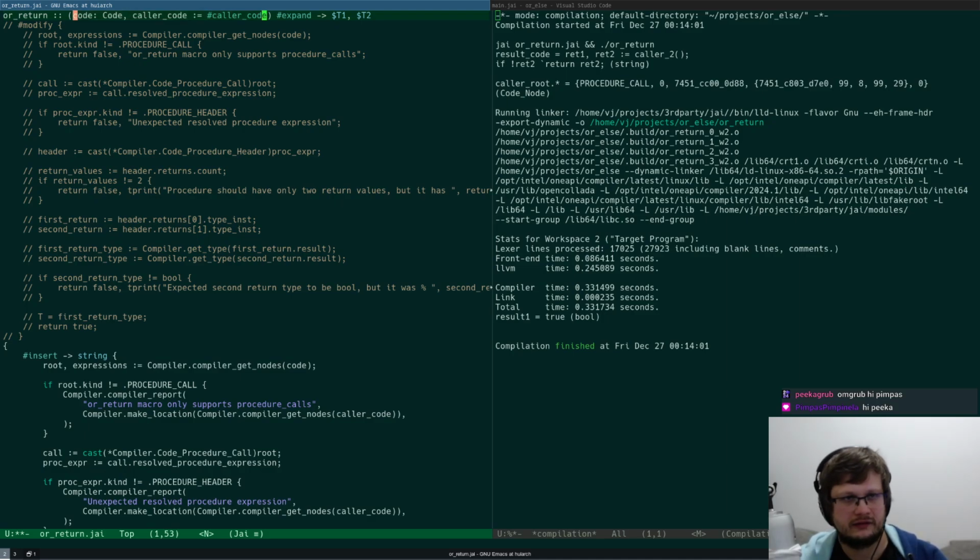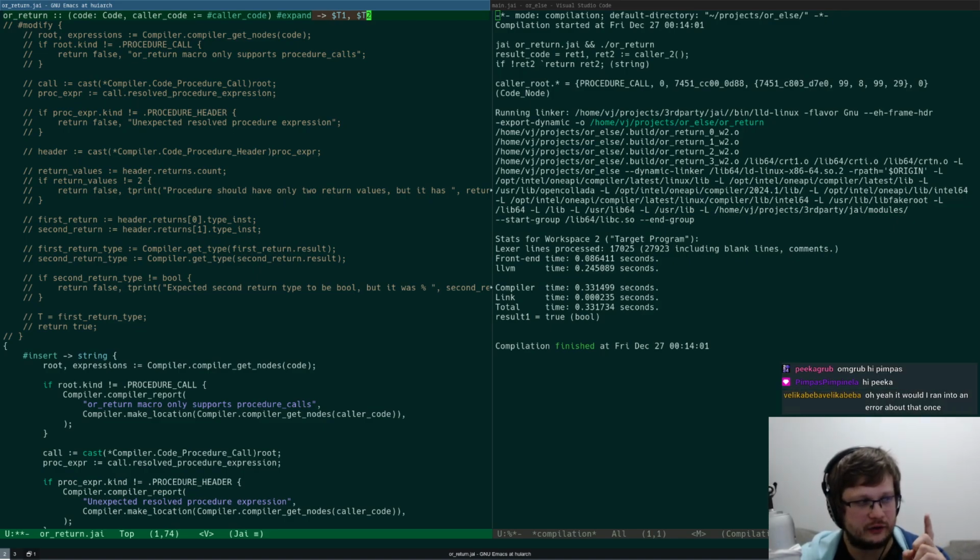So I think it will be beneficial for Jai to have a way to somehow express that a macro can return a different amount of return values based on this.